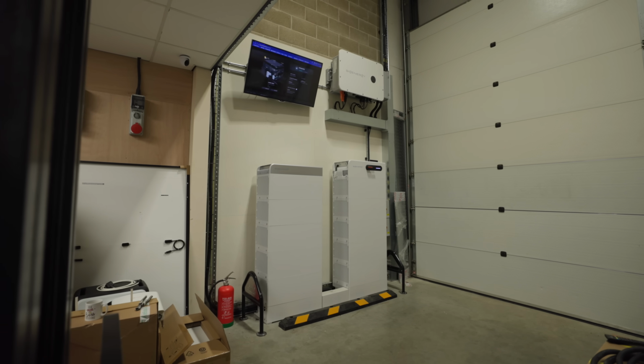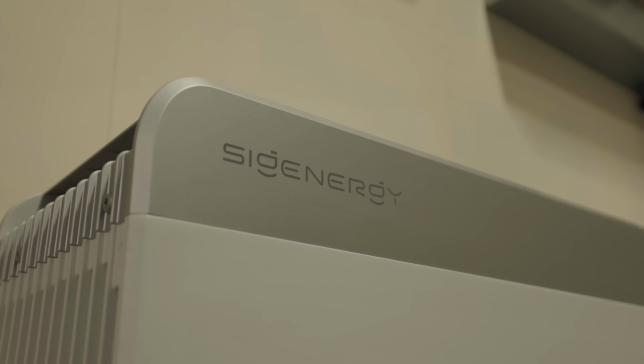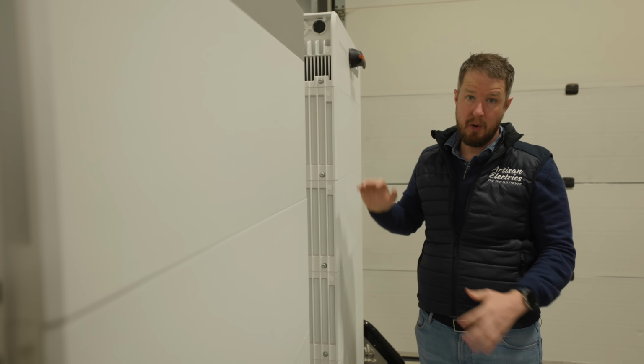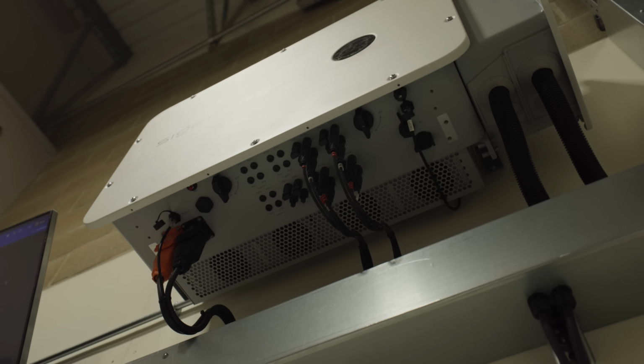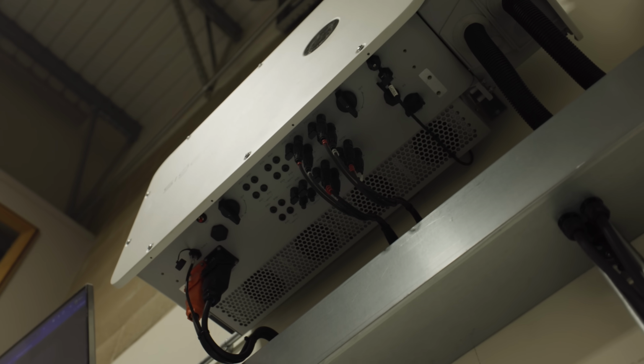So let me explain the setup here. We've got 2 stacks of Su Energy commercial and industrial batteries. This system is called Su stack. Each of these battery modules is 12 kilowatt hours of capacity, and we've got 10 of them. So we've got a total of 120 kilowatt hours of storage capacity. The inverter up there is a 60 kilowatt inverter, but we've only got about 31 kilowatt peak of solar panels